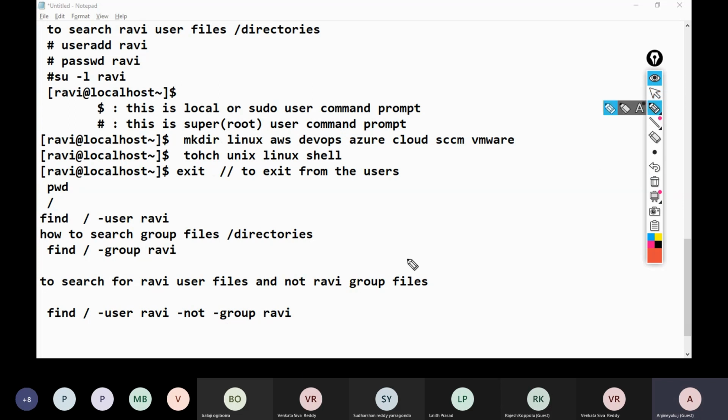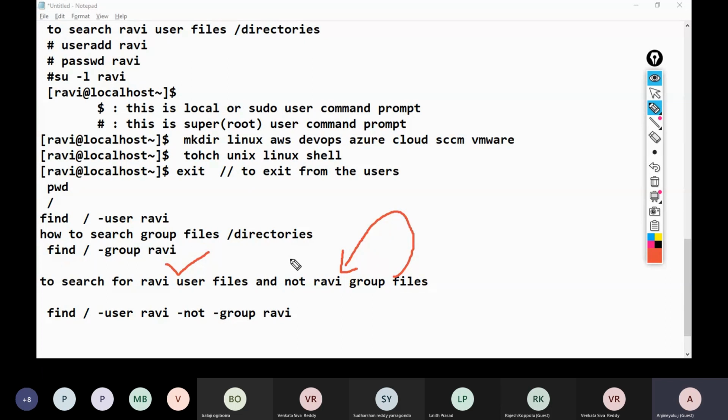Sorry, I am not searching files and directories of the Ravi group. I am searching only Ravi user files and directories.